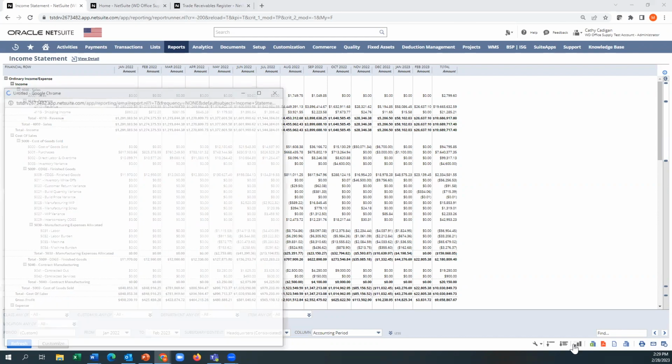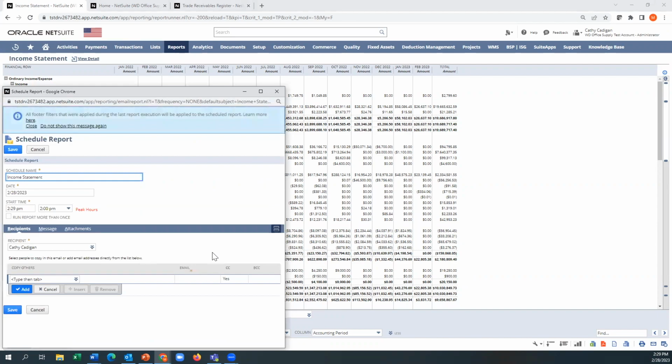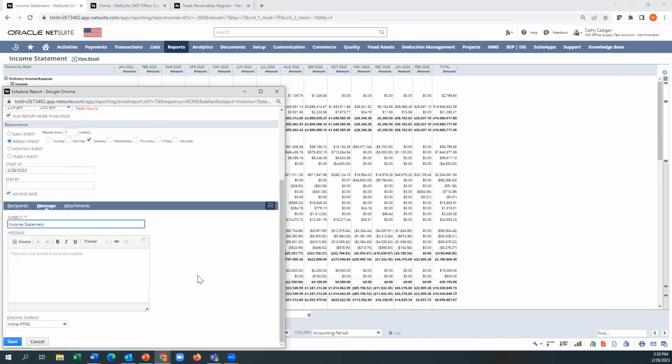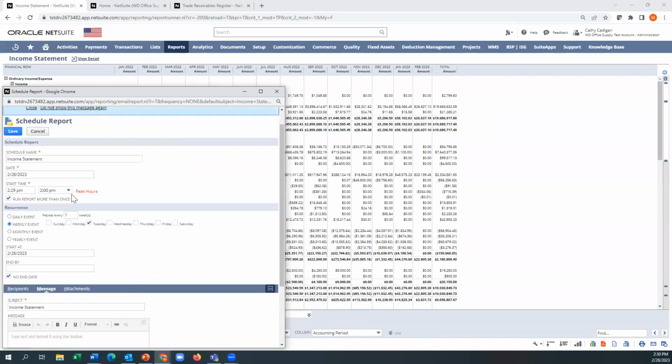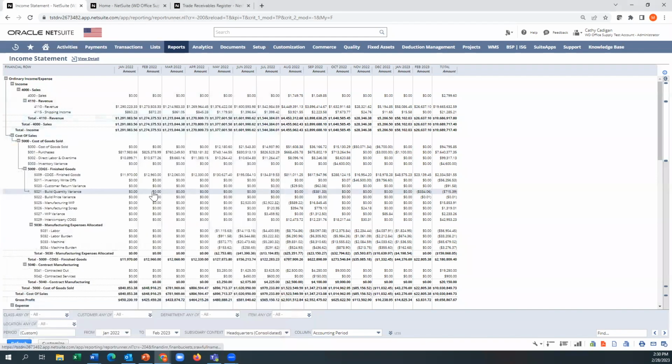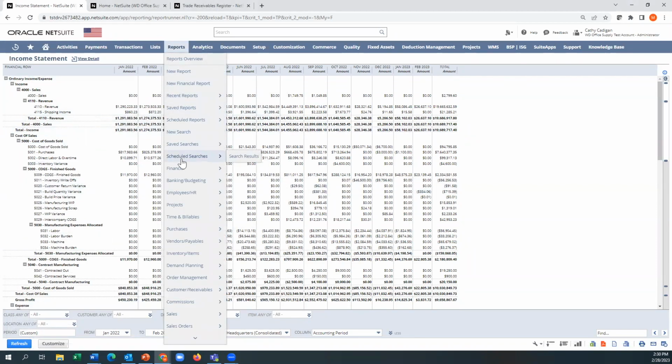And you do that in the scheduling setup, right? You can see here what time. And then you can tell it which days. If you want to stop this, maybe just want to run this to end of the year, and then who's going to get it. And then you can attach a nice little message with it. And then you can pick the format that you would like to send. Let's maybe PDF. And once I hit the save button, it's just telling me that I didn't put a message in. But now you've scheduled this report to go, and you would see that down here under scheduled searches or scheduled reports, depending which one.